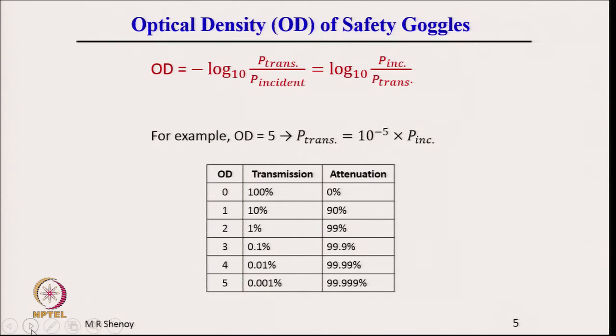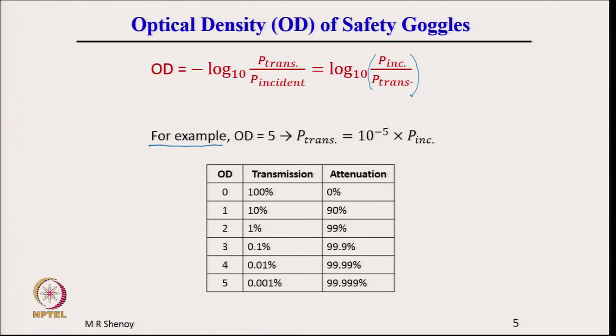So, OD stands for optical density and it is defined as minus 10 log power transmitted divided by power incident, or intensity, transmitted intensity by incident intensity. Which is nothing but minus log. So, you can interchange it and make it as log to the base 10 of power incident by power transmitted. Thus, for example, if OD is 5, that means this term here is